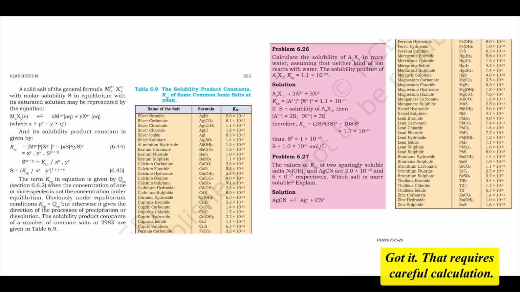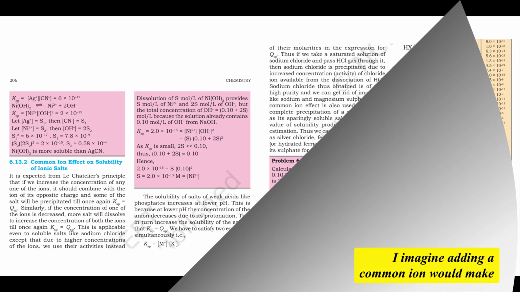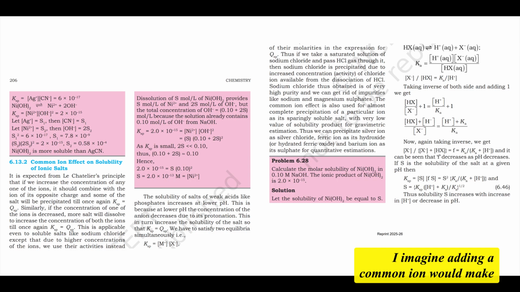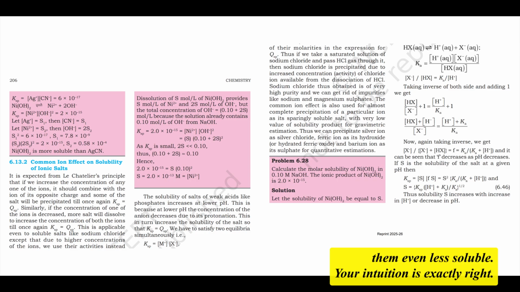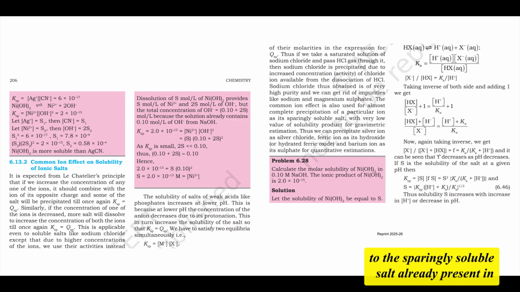Got it. That requires careful calculation. Now, how does the common ion effect apply to the solubility of these sparingly soluble salts? I imagine adding a common ion would make them even less soluble. Your intuition is exactly right. The common ion effect significantly impacts solubility, and just as with weak electrolytes, it acts according to Le Chatelier's principle. If you add a soluble salt that contains an ion common to the sparingly soluble salt already present in its saturated solution, the equilibrium will shift to the left, causing more of the sparingly soluble salt to precipitate out,